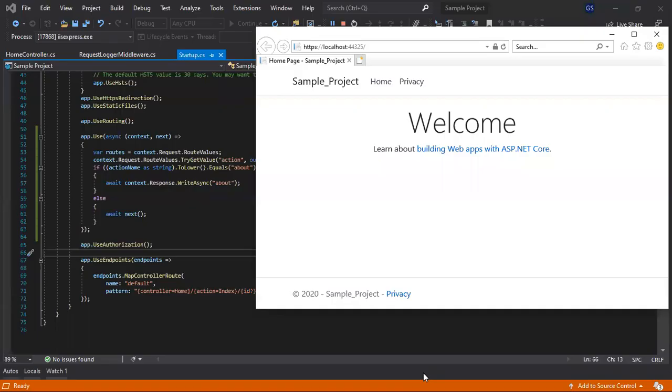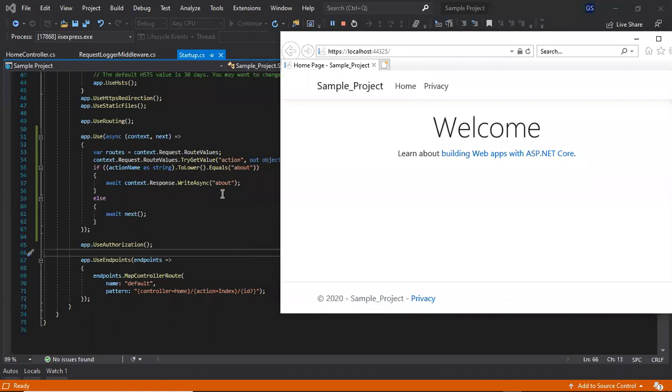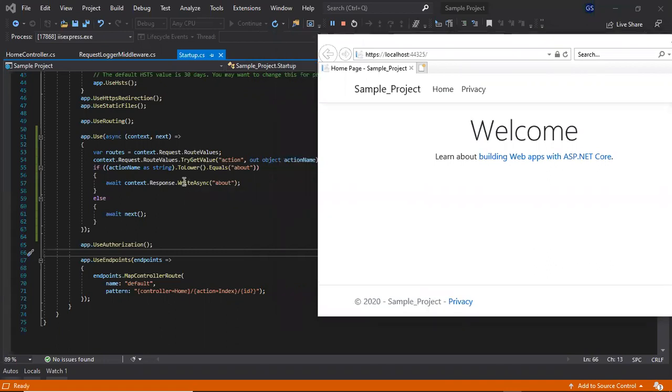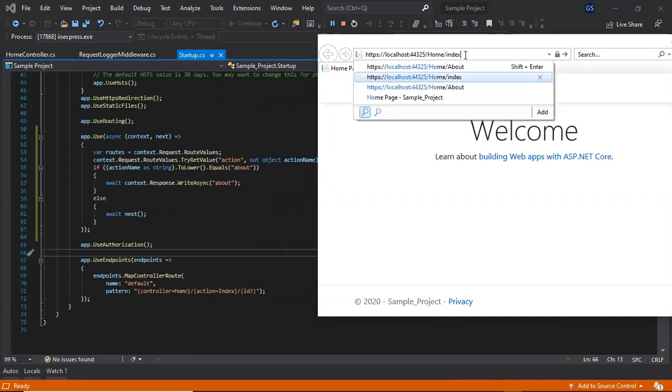Now we have switched to the ASP.NET Core 3.1 project, and here also we have the same middleware checking the action name, but instead of checking the path, we are taking the action name from the route values. Let's see what the result is. Home/index.